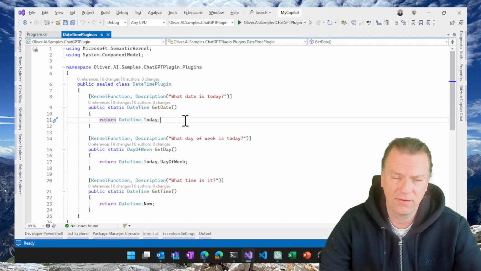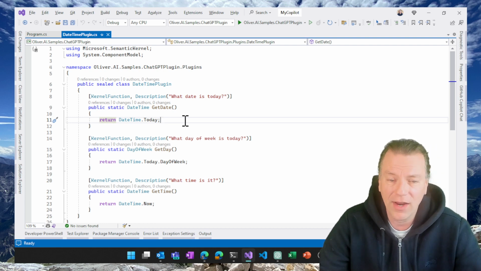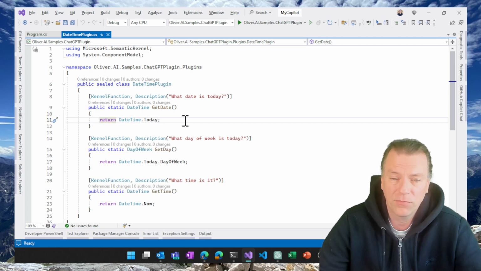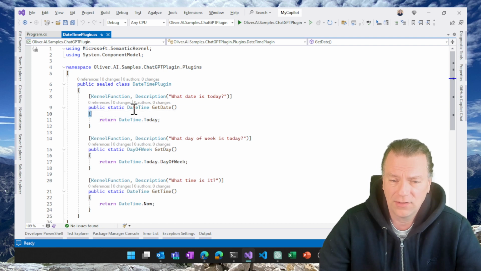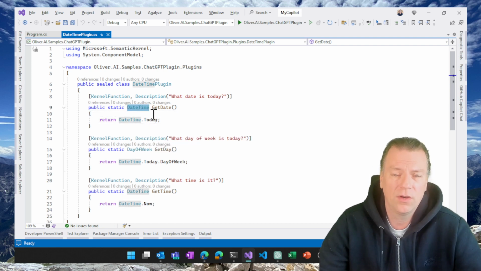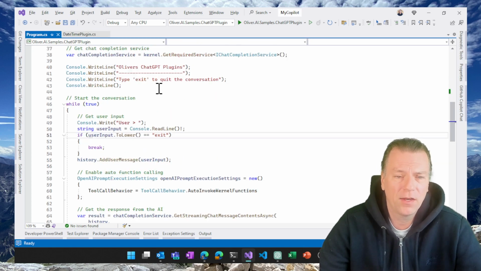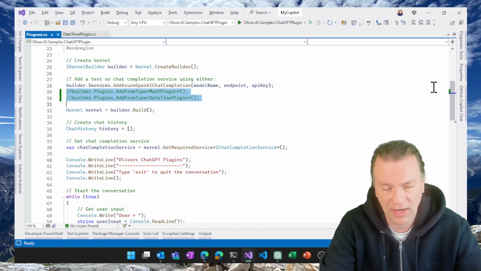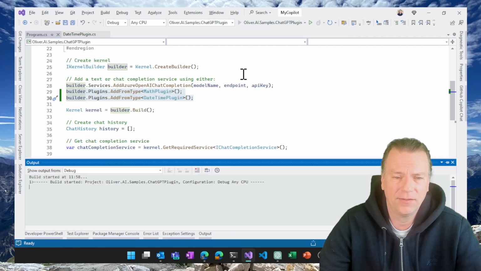You could also enter here some SQL database queries, REST API calls, or whatever. At least they should return some live data or should do it also fast. And here you return it as a given type like DateTime back to the model. Here you see the code to add those methods or functions, like plugins to it. When I start the application again,